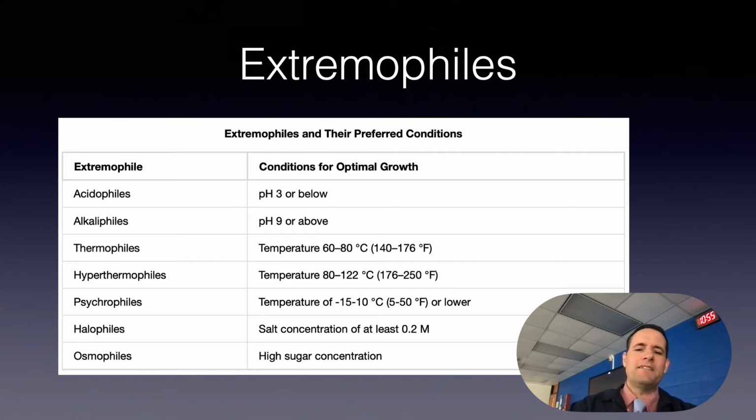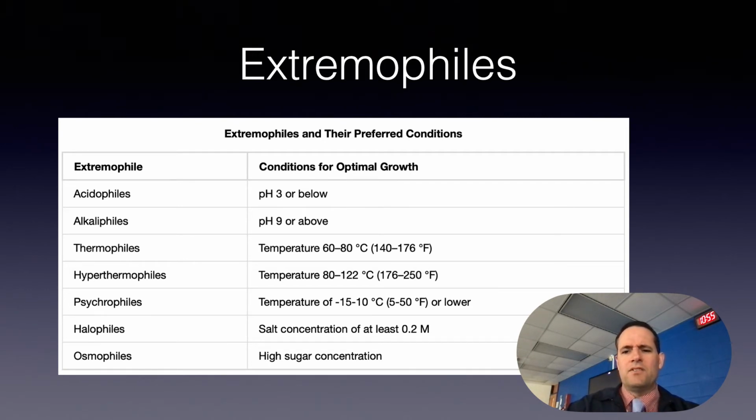Now, there are many different types of extremophiles, and they're identified based on the conditions in which they grow best. And several habitats are extreme in multiple different ways. For example, a soda lake is both salty and very basic or alkaline. So organisms that live in a soda lake must be both alkalophiles and halophiles. And there's a little table up here showing that.